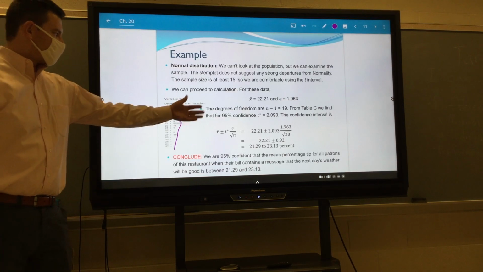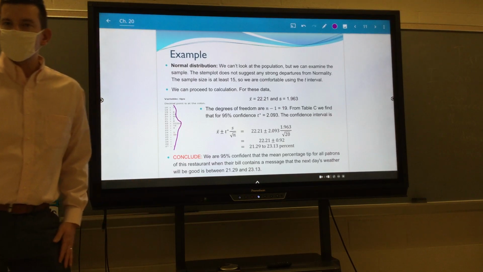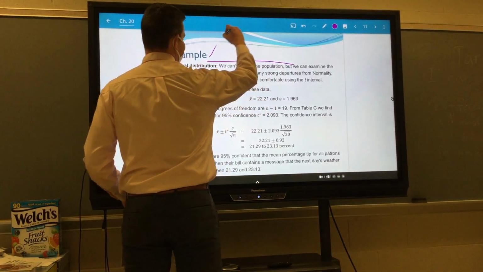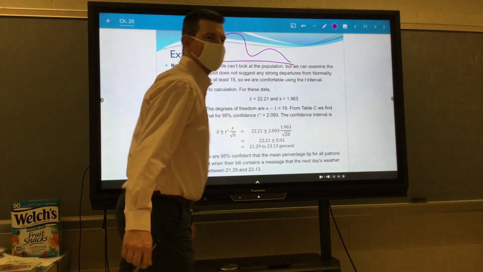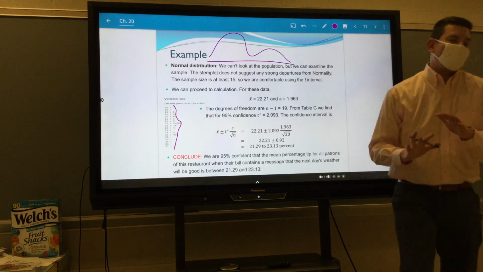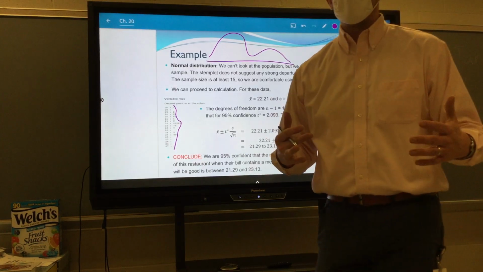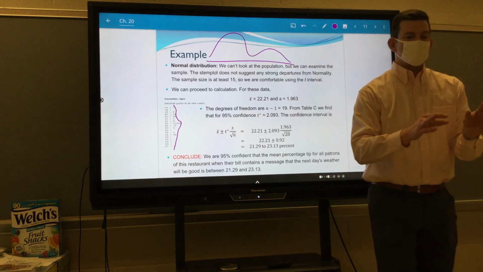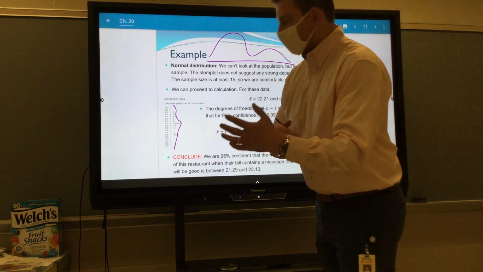And it's what you get with a sample of 20 individuals. But we're not looking at anything that's like crazy bimodal or anything like that. And remember that it doesn't have to be a perfect normal curve, because the central limit theorem says that this is based off of the